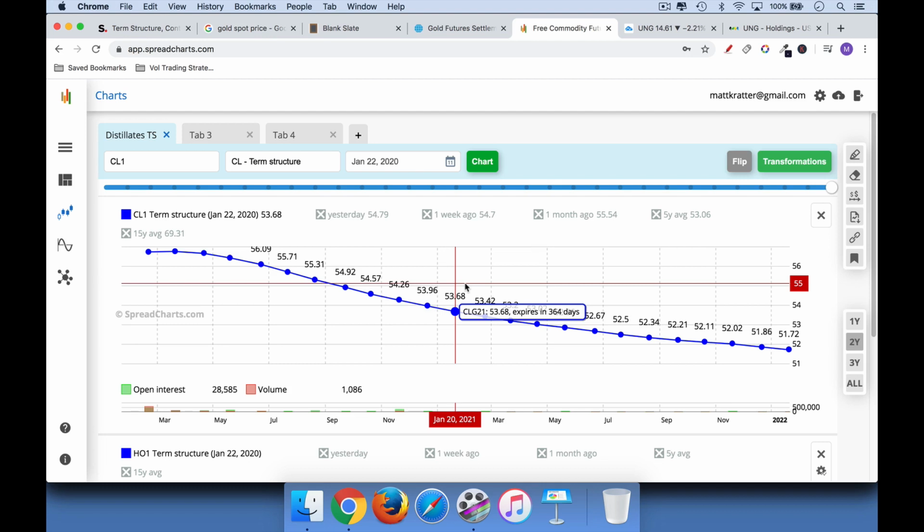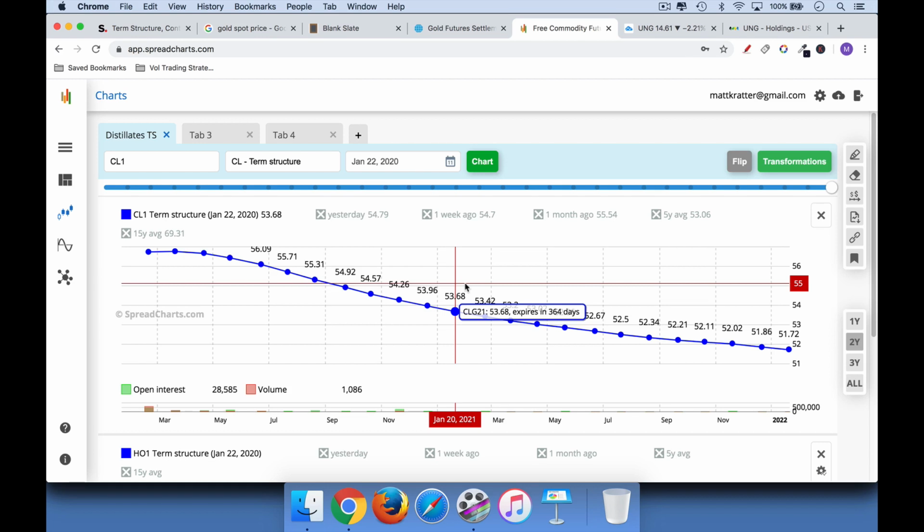Well, it turns out that if you're running an oil refinery, maybe you need oil to run your country. You need oil for various industrial processes. Normally, if you're making gasoline or heating oil or something like that, if you're refining oil, you might just need oil today. And so having it delivered in 12 months from now, even though it costs less, is not going to do you any good. You need oil today. You need to put gas in your car. You need to create heating oil to heat your house, etc.